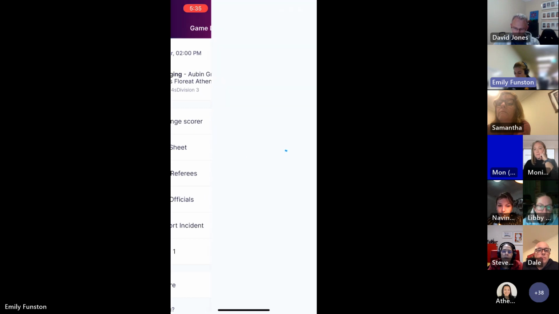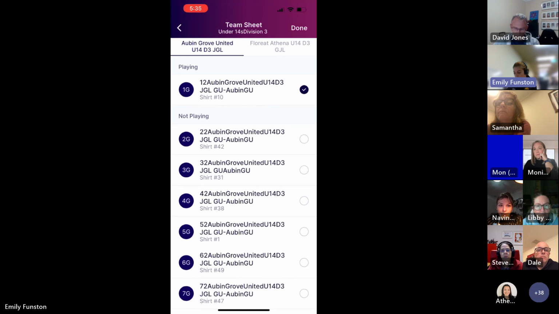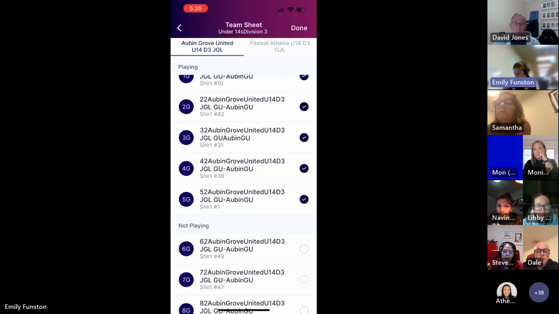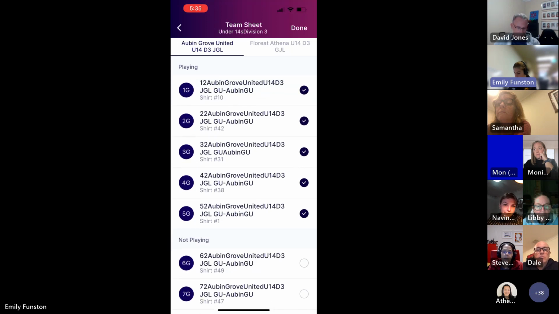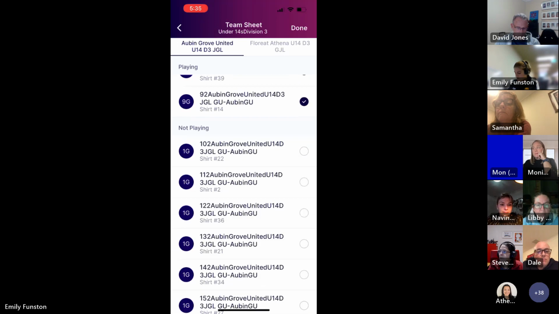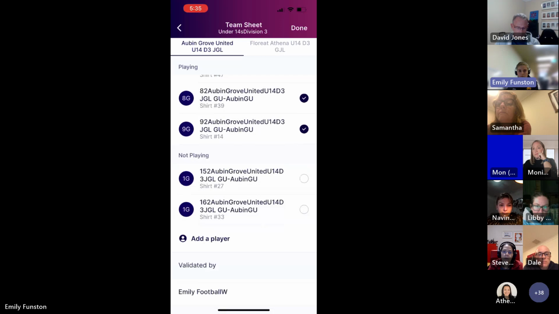You'll then go to your team sheet, and then you'll be able to click on those kids that are playing or the adults that are playing. So you'll click however many are playing. Normally there's about 12, 1, 2, 3, 4. Once you've done that, if you have a player that is participating but not in your direct team and they're